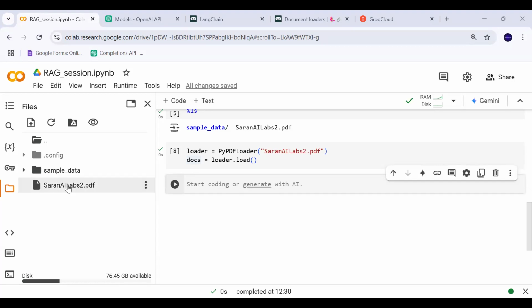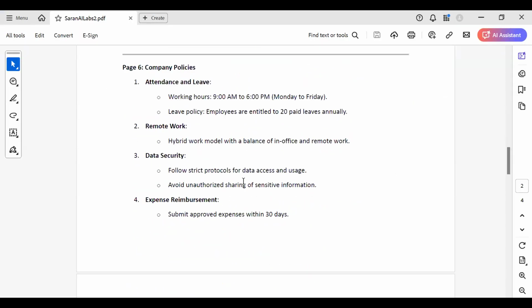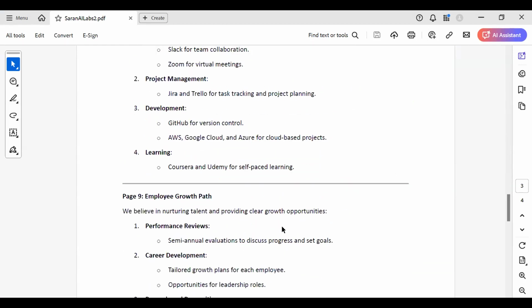Okay, I can show that. You can see now. Yes. Okay, so this is a small PDF file